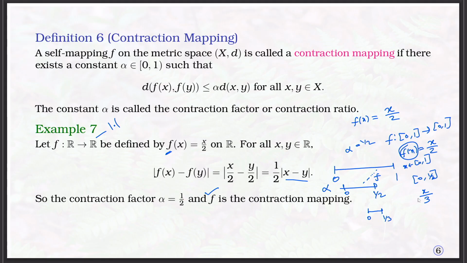So again under this mapping the set 0 comma 1 is mapped to the set 0 comma 1 by 3. That means this function f reduced the set by the ratio alpha. So if you choose alpha appropriately, this function will act on the set and reduce the size of the